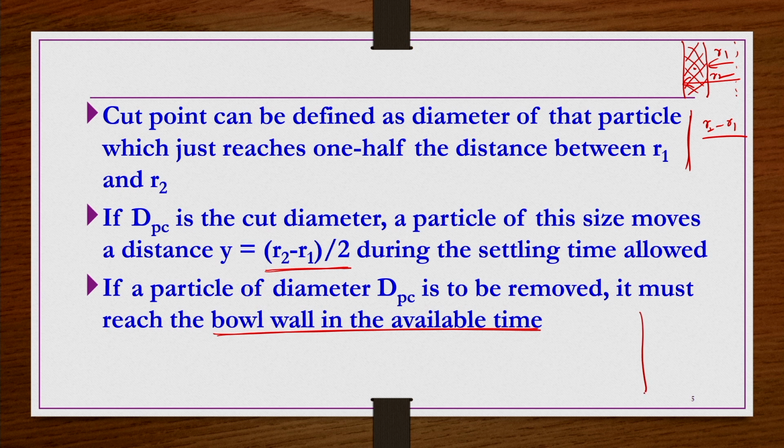RB is, as per the analysis, the distance, like we have this liquid surface, I am drawing again here. So this is the RA position somewhere and then this is the RB position. The particle is moving in this direction like this. So within the residence time, this RB particle has to hit the wall.